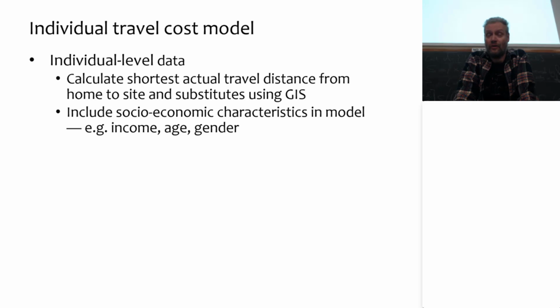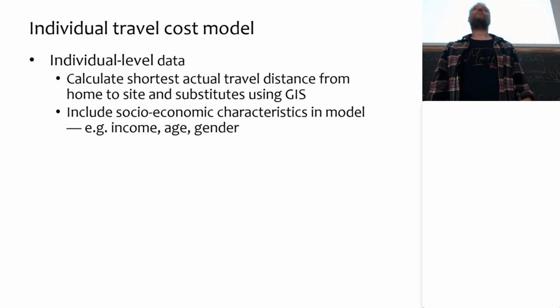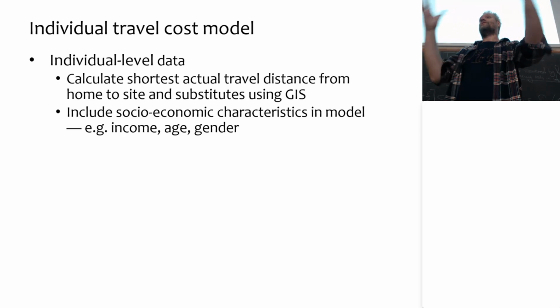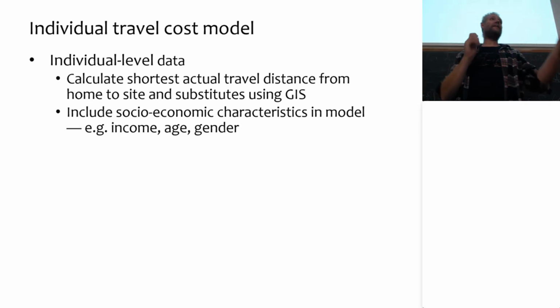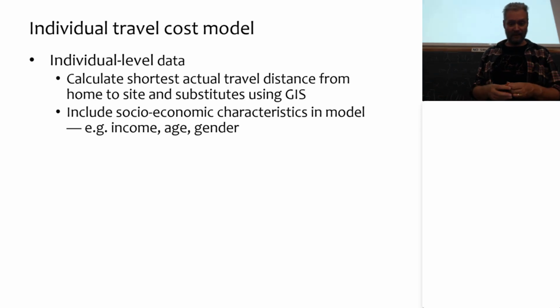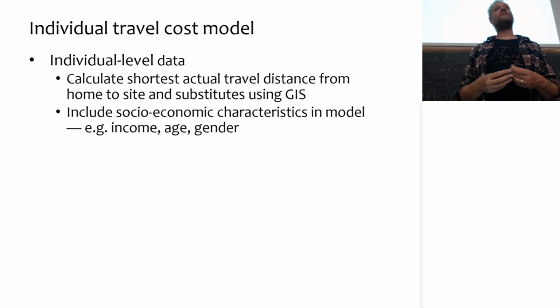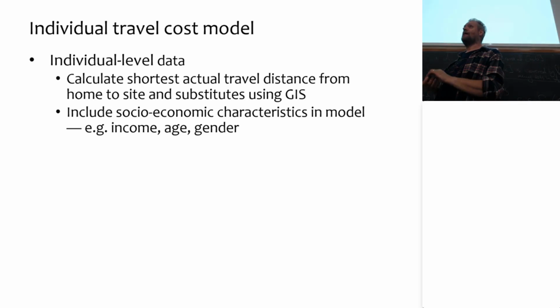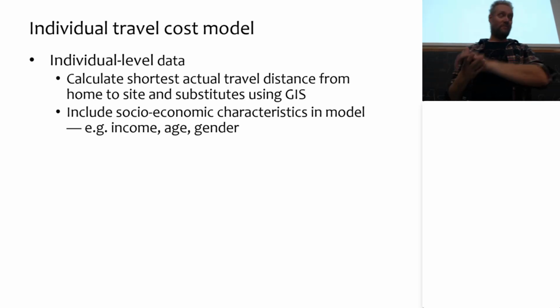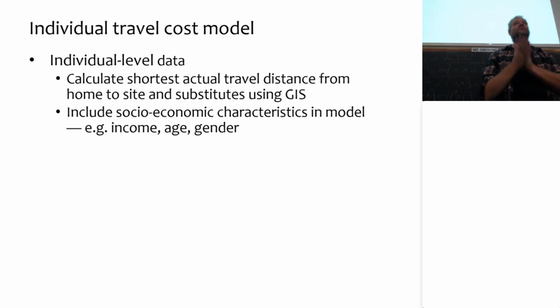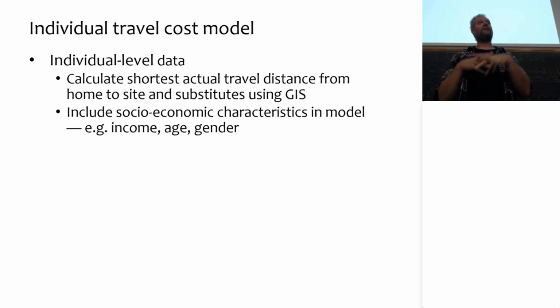You can then also include socioeconomic characteristics in the model, right? Whereas the zonal, you sort of have people, right? But if you look at individual, you can see whether the willingness to pay for women is different than for men, unlikely in most cases. But you can look at whether income matters, and it probably does. You can look at whether age matters, and depending on the type of recreation, some things attract young people, some things attract older people, some things attract families, and you can have a much richer